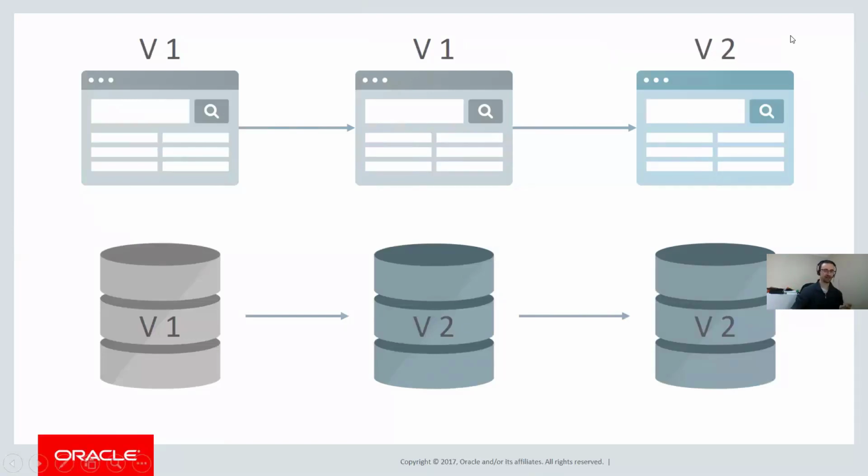There's a couple of advantages here. First up, we're just changing fewer things at once. If we do both at the same time, we take down the database, we deploy the schema changes, deploy the app, there's just more chance that something will go wrong. Something could go wrong in the database release, something could go wrong in the application release, and there could be something that goes wrong in the interface between them.